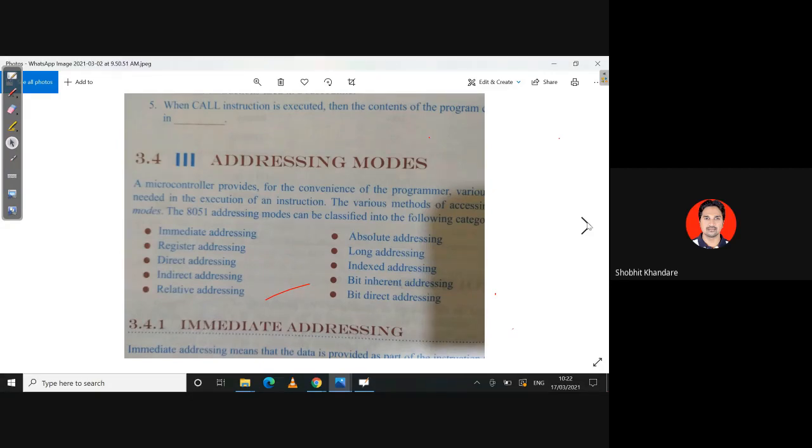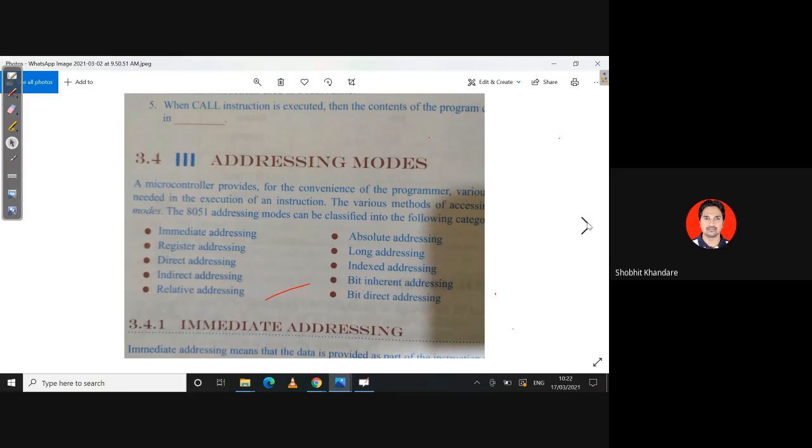So there are a total of 10 addressing modes. Some of the books will show you 7 to 8 addressing modes, but it's better to understand all the addressing modes. And if the question is asked in the exam, you can elaborate all the 10 addressing modes, and you can explain 4 to 5 with an example, depending upon how many marks the question is asked for. Okay, you have to write down all the 10 addressing modes, and you can explain any 4 of them with an example. Okay, so please write down what you mean by addressing modes. You can see on the screen also.